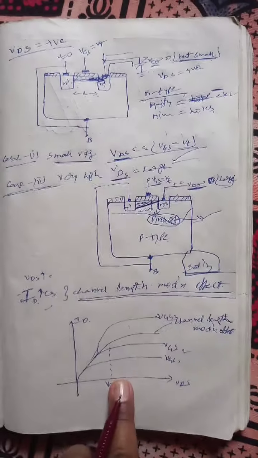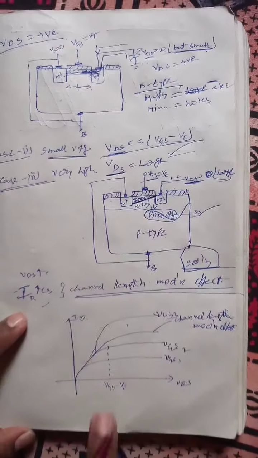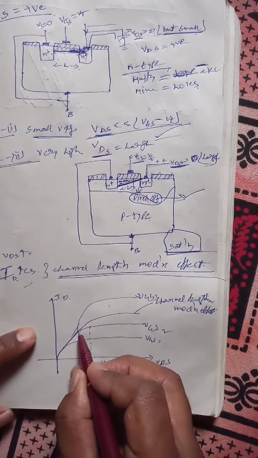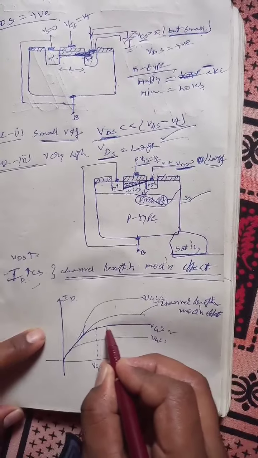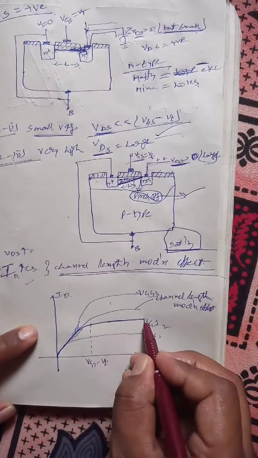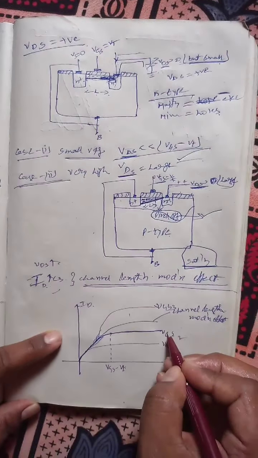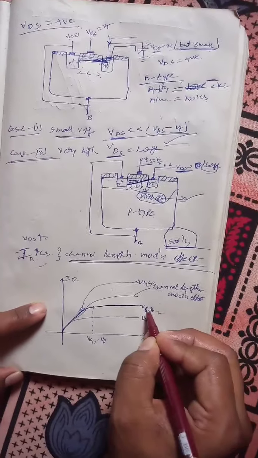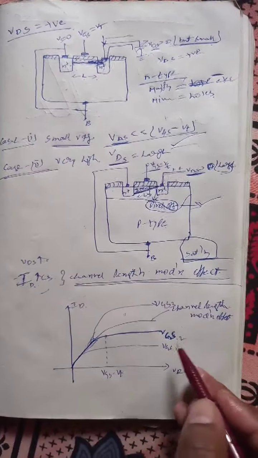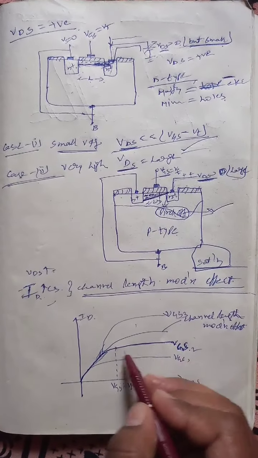Here we can see the VI characteristics of our MOSFET. Initially, let us see here. This is nothing but the VI characteristics when we are increasing the gate voltage and also the drain voltage. This VGS, initially let us see this one only. When we are giving input voltages, the voltage and current characteristics will be like this.